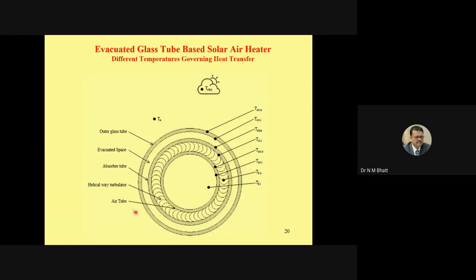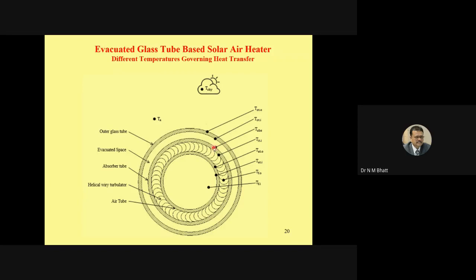Let's assume that you have a parabolic reflector. So it is also coming from the reflector, and eventually through the outer glass tube, it will reach the absorber surface, the outer surface of the absorber tube, which is selectively coated. So that is actually the maximum temperature within the system. The absorber temperature, okay, if you have gone through the course on renewable energy engineering, and if you have gone through the thermal analysis of liquid flat plate collector, then you would understand that this absorber temperature is the maximum temperature in this particular system.